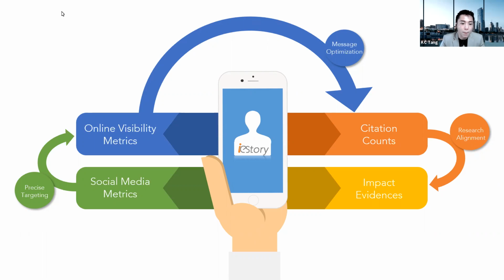implications, and you can see that utilizing social media, the power of social media is that it's mainly for the precise targeting approach. Why people use digital marketing, social media these days is solely because they could target a very precise audience. Then after that, you heard of some of the online visibility metrics such as Altmetric or PlumX metrics. All these are indicators for how visible your paper is online, how many people tweet about it, post about it, talk about it, blog about it.